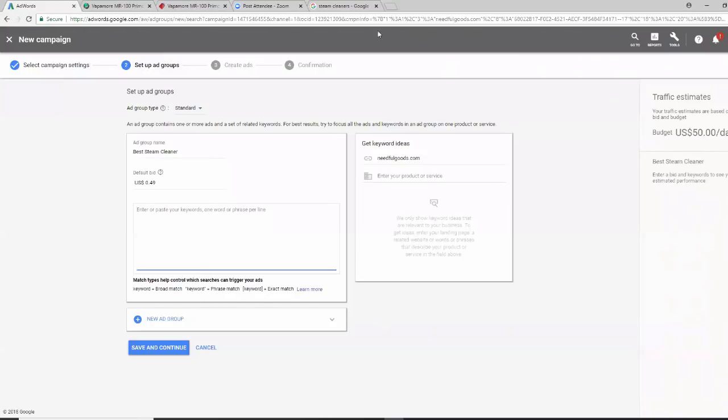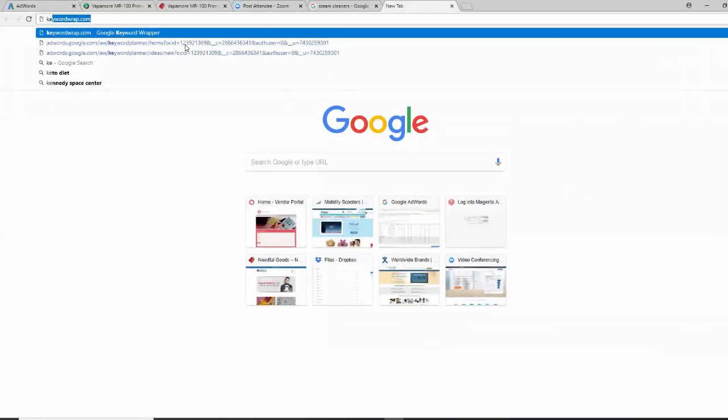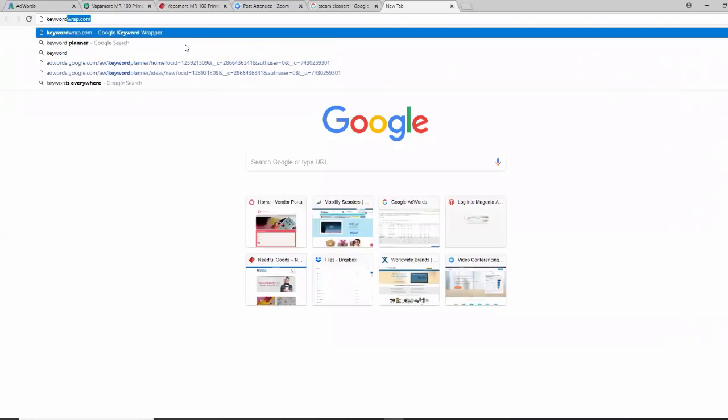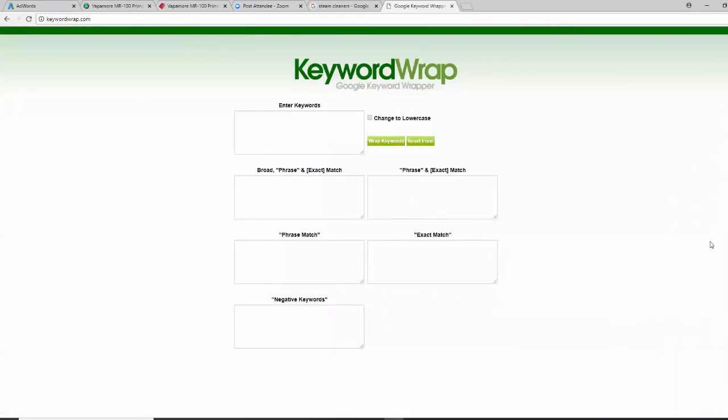All right? Now, take note, there's a cool tool called Keyword Wrap. So you don't have to mess around doing it yourself. All you have to do is put the keyword in, right? So what I'm going to do is put in best steam cleaner. And in fact, I'm going to put the plural in. Best steam cleaners, okay? Now, no more keywords, because what we're actually going to be doing here is an upgraded level of